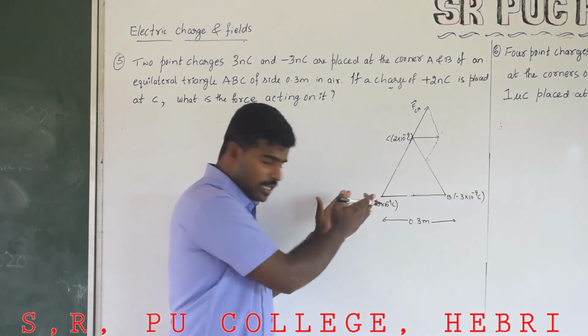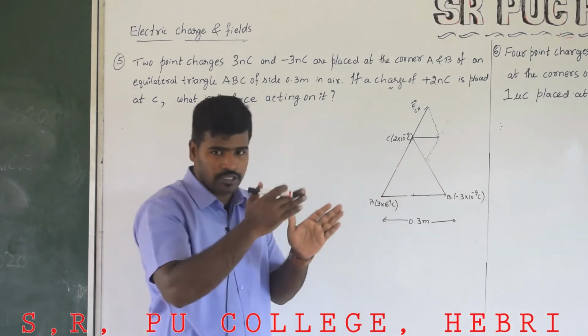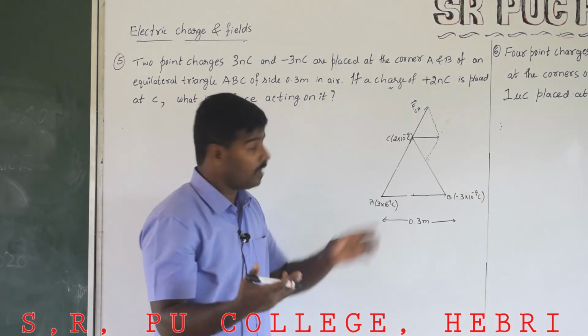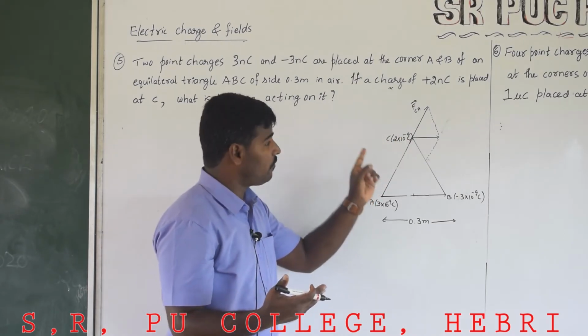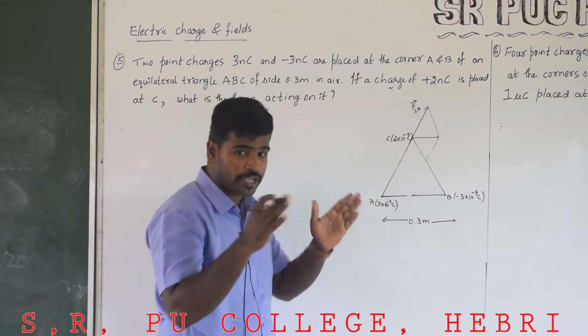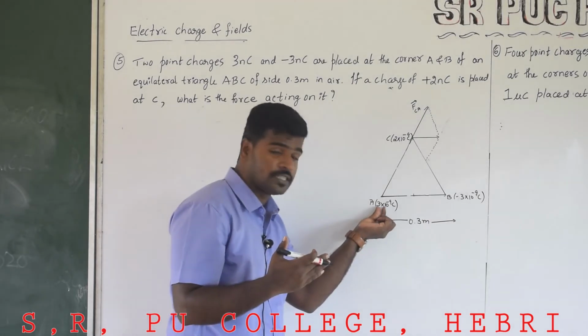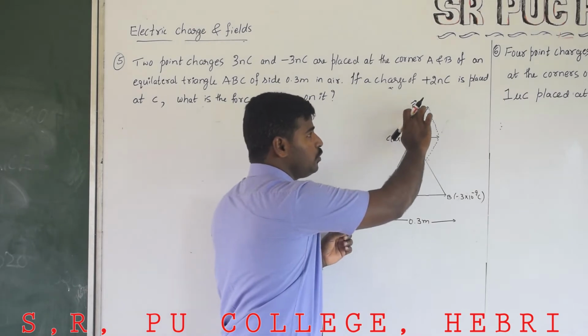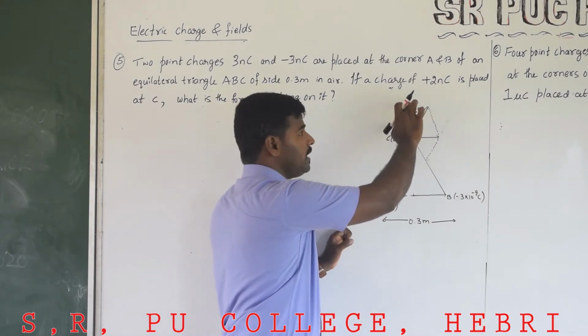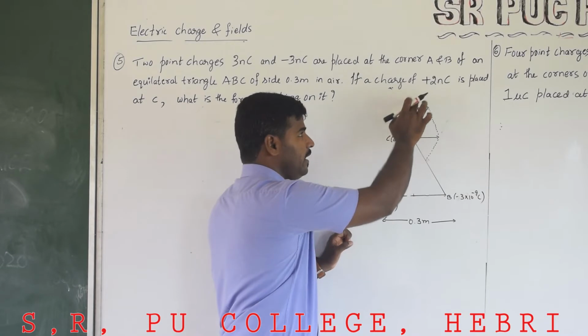In the first condition, the charge on A is 3 into 10 raised to the power minus 9, and the charge on C is 2 into 10 raised to the power minus 9. There is a force of repulsion between these two charges, because both are the same kind of charges, that is positive charges. Hence the force on C due to A is given by FCA vector or FCA,